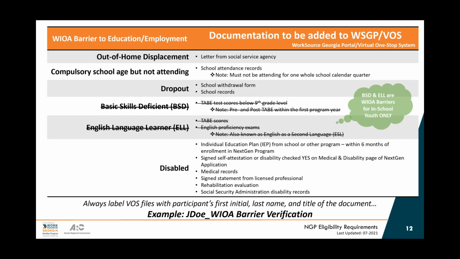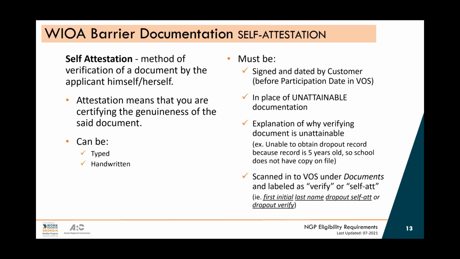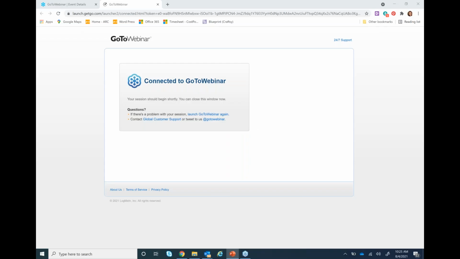And then just to remind you, every time you upload documents or save them, make sure at a minimum you have first initial, last name, and the title of the document. You also seen this slide, so I'm not going to go over it again, but this is just to make sure that when you do go back to this PowerPoint, you do have this slide in here that explains to you what the requirements are for self-attestation. And I think this would be a good time for us to look at the self-attestation form. So I'm going to segue into that.